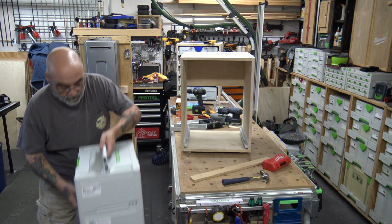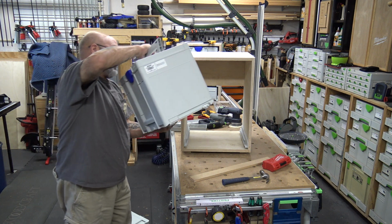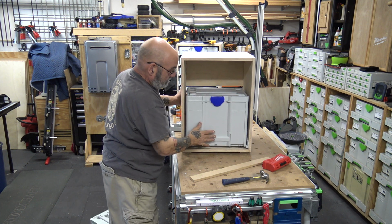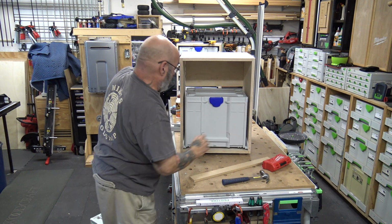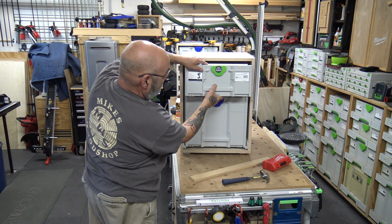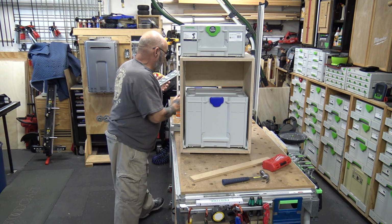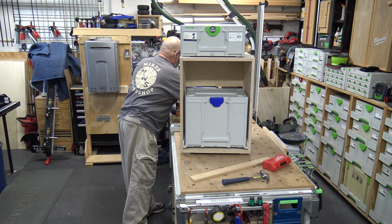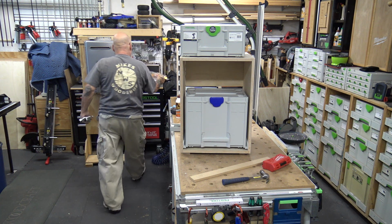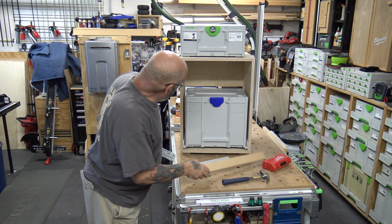Now you need one of your Systainers. Okay, now let's see. Yeah, I can definitely get that one in there. So now I need another left and a right. Left and right. I got one left. Then you want to put your